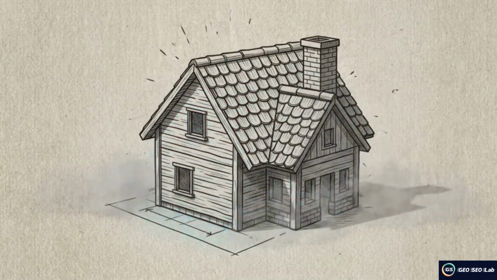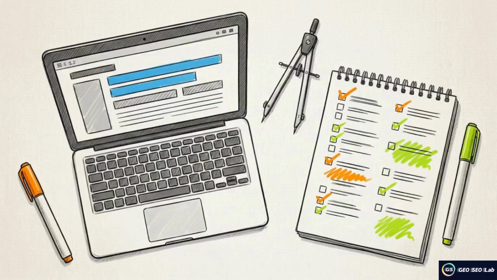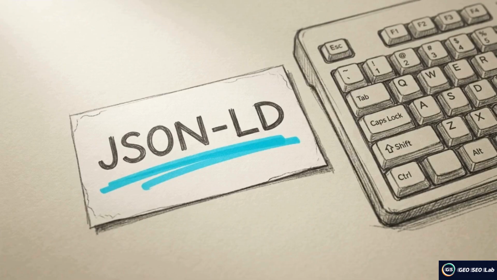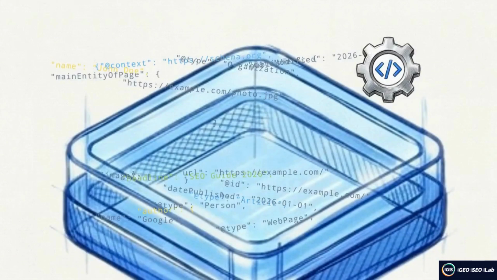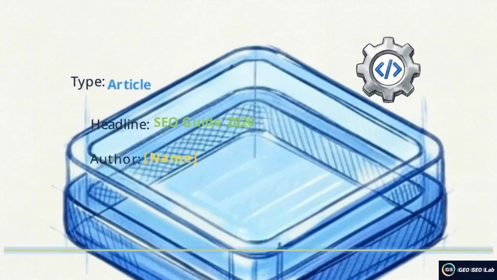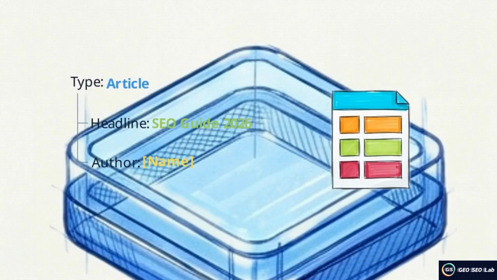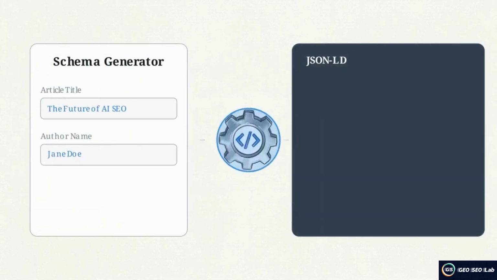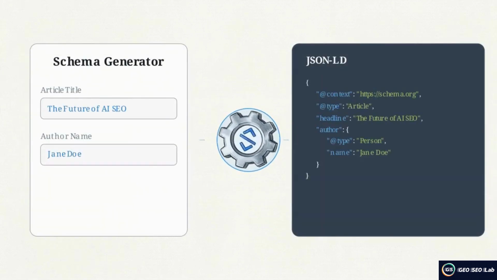This is where we turn that research into live optimized pages. One of the most important technical elements is schema markup. This is essentially a language of code that helps Google's bots easily read and categorize the information on your page. Paid tools usually handle this in the background, but you can automate the creation of this code using the free tool at Technical SEO. You simply fill out a plain English form with your title and author details, and the tool generates the correct block of JSON-LD code instantly. The technical trade-off is that you have to know exactly where to paste this generated code into your specific website's